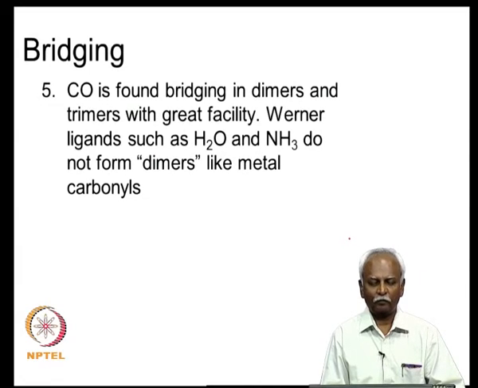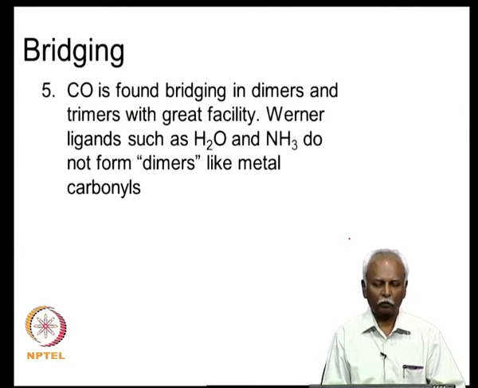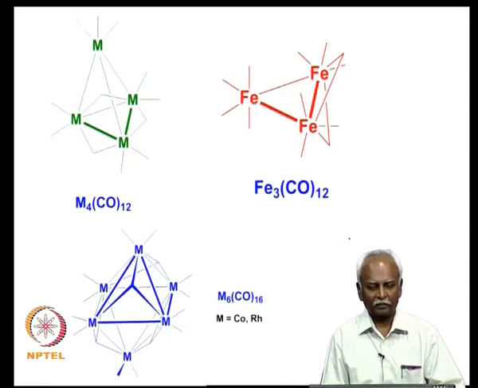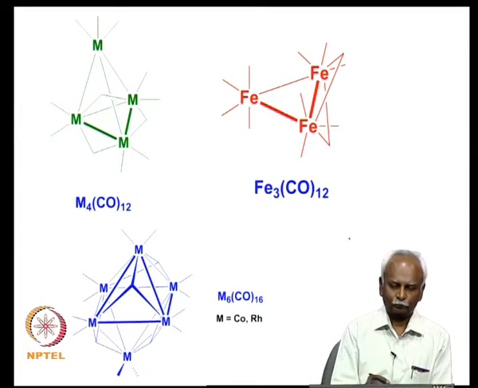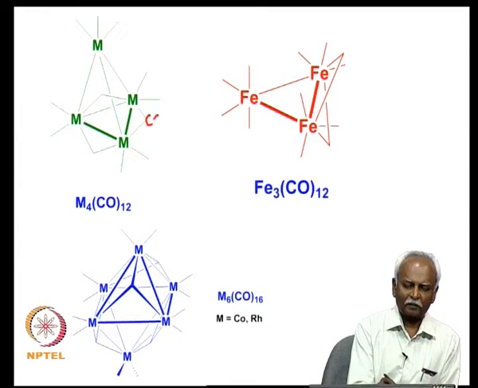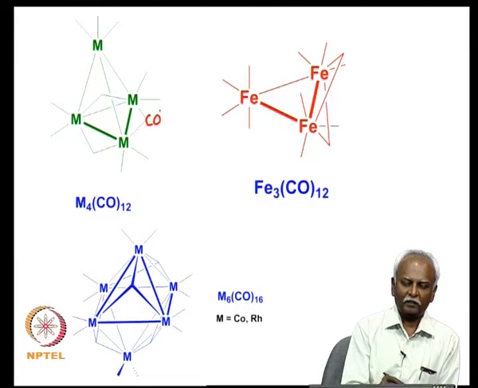This is very different from water and ammonia. Water and ammonia are also 2 electron donors. NH3 can donate 2 electrons, water can also donate 2 electrons, but they do not form dimers like the metal carbonyls. Here I have pictured a series of trimeric and tetrameric species, and in each one of these systems you will encounter a bridging carbon monoxide. In some cases it is bridging 2 metal atoms. In this case, for example, it is bridging 2 metal atoms, and so we have pictured it as the vertex of,